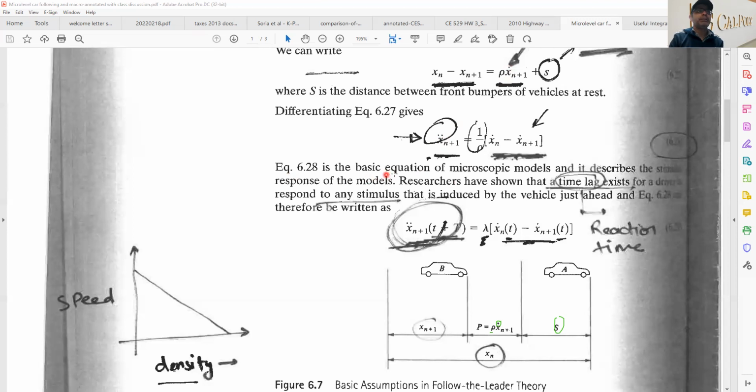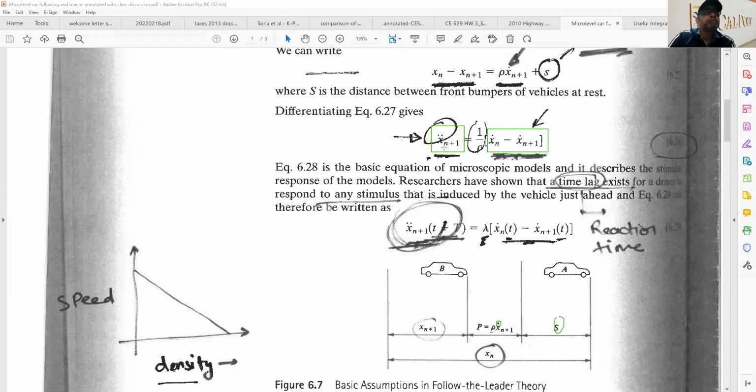This equation is the basic equation of microscopic models and describes the stimulus-response of the models. Basically, this speed differential right here is your stimulus,